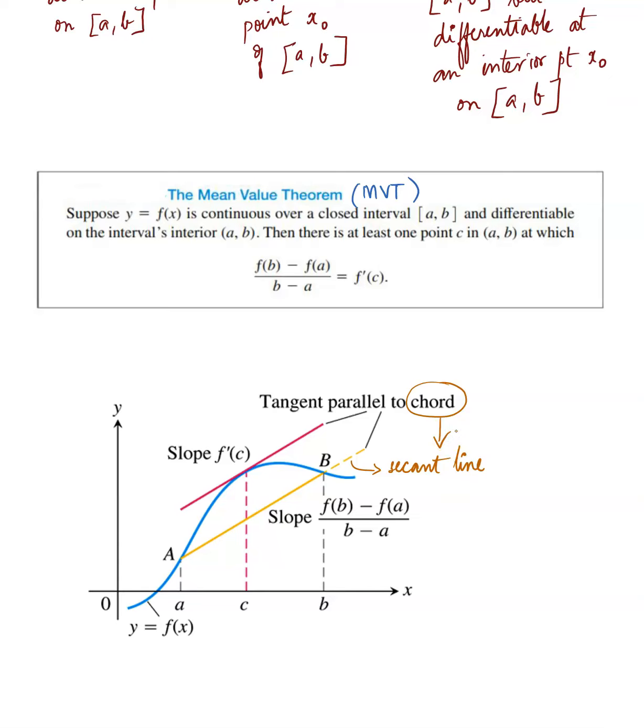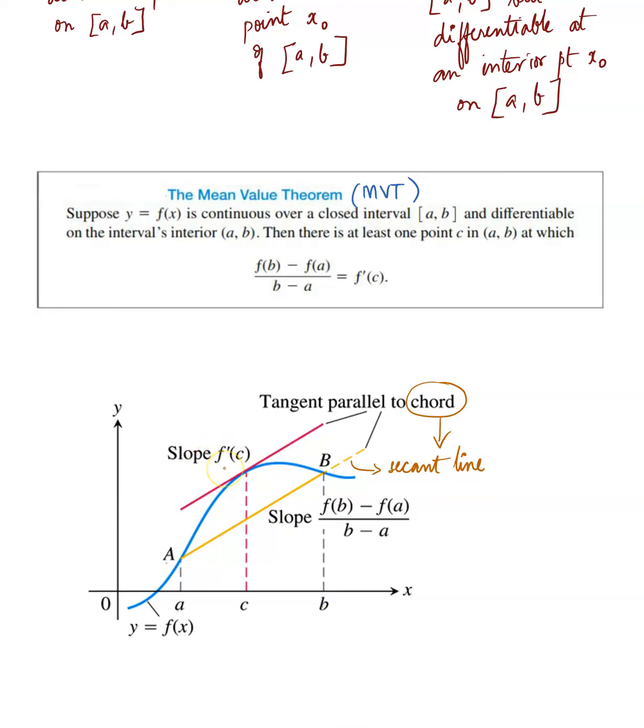Okay. So here we have this graph between A and B, closed interval, y equals f of x is a continuous graph, so it is smooth. Instead of looking at horizontal information, we're looking at the endpoints where f of a is not equal to f of b, but you can connect a and b as a secant line and find its slope. Slope of a secant line is the regular slope formula, right? y2 minus y1 over x2 minus x1. Here, y2 is f of b, and this is f of a. So f of b minus f of a over b minus a is your slope, and that will be equal to the slope of the